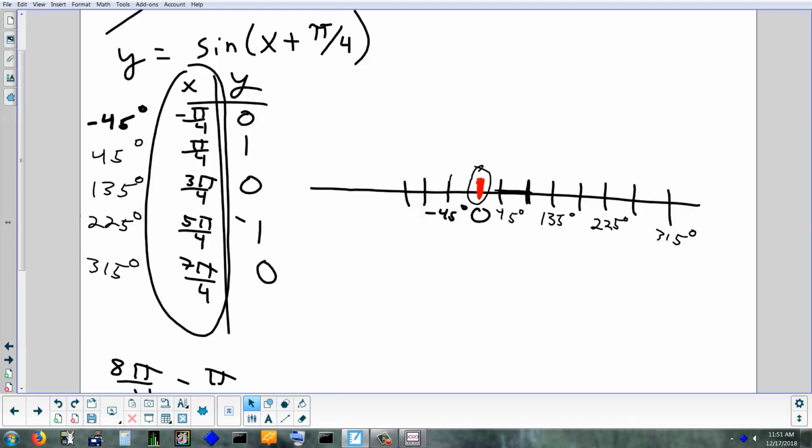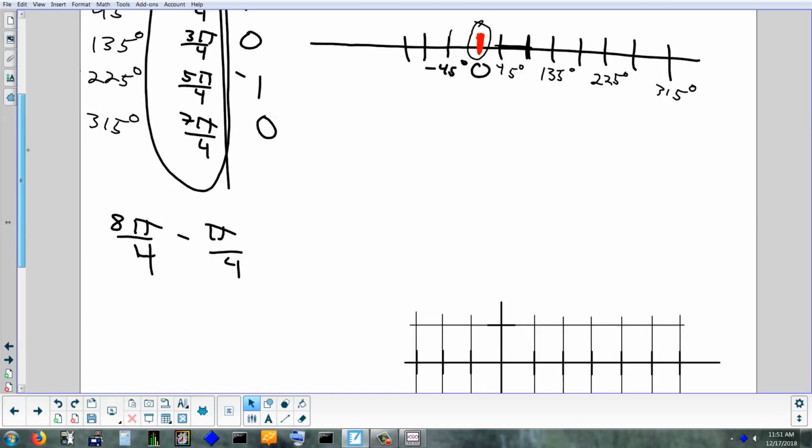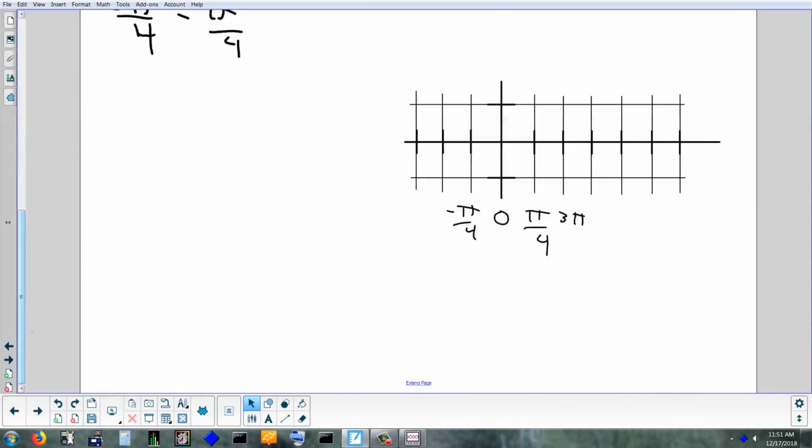All right, so now let's set up the same thing, but with radians. I've got negative pi over 4. I'm skipping the 0. That one's being skipped. And then the next one, I'm putting pi over 4. Now the mistake some people make is they put 3 pi over 4 right there. No, you can't, for the reason I just showed. I'm going to skip every single time. I might need more space too. So 3 pi over 4, 5 pi over 4,